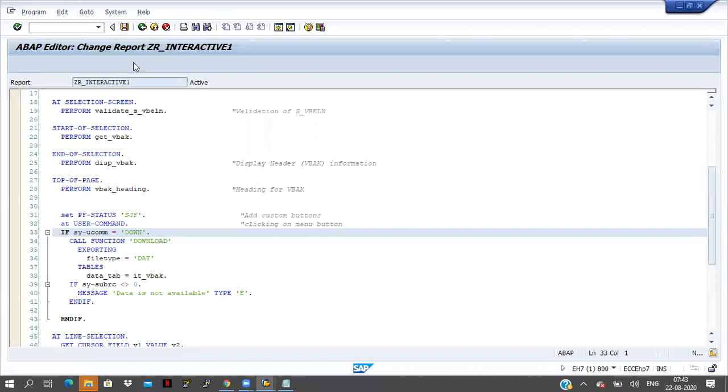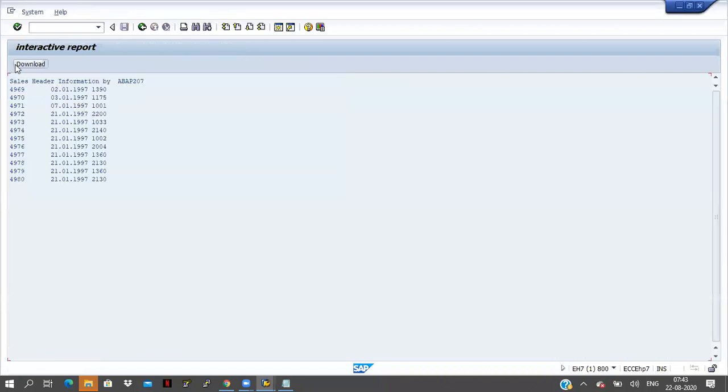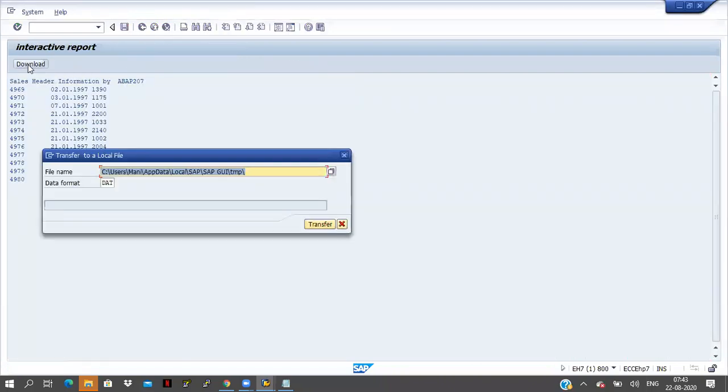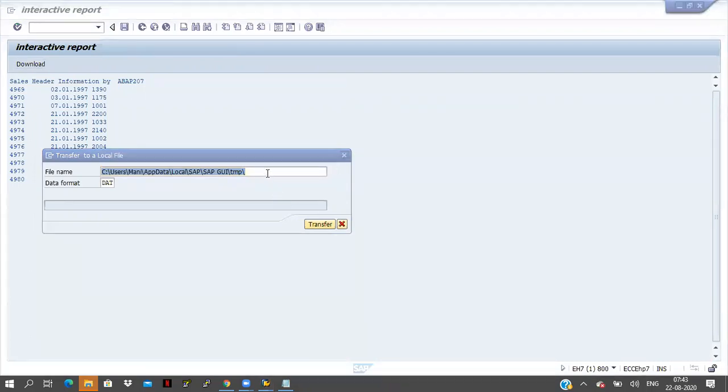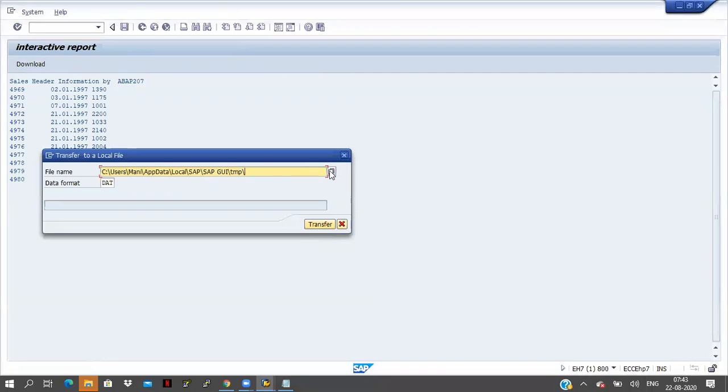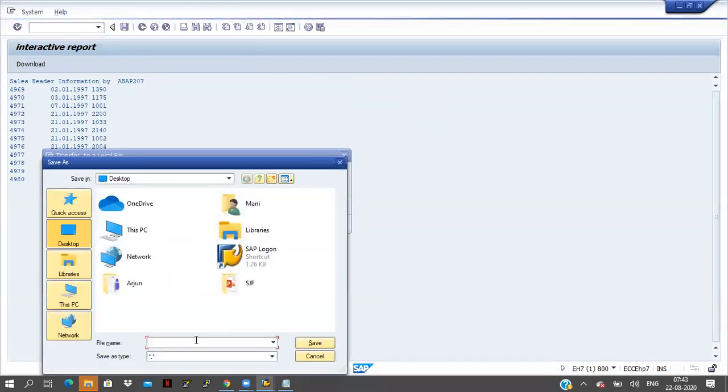So I am executing the program here. Click on execute. Click on the download button. Whenever I click on the download button, it is asking with a pop-up where you want to save this one. I am clicking on the F4 button, and here I will save this as a docx.